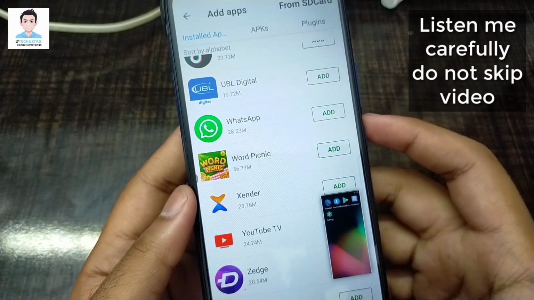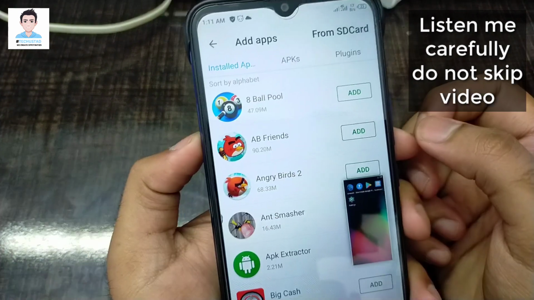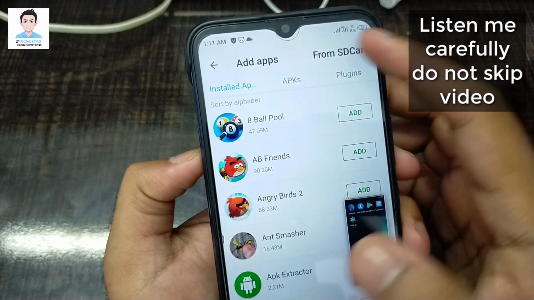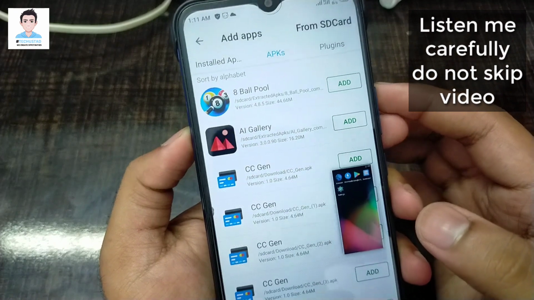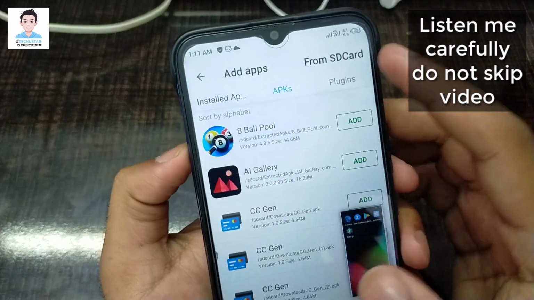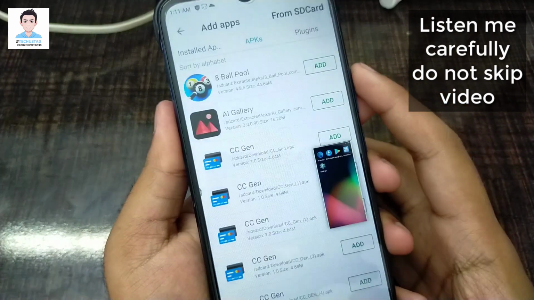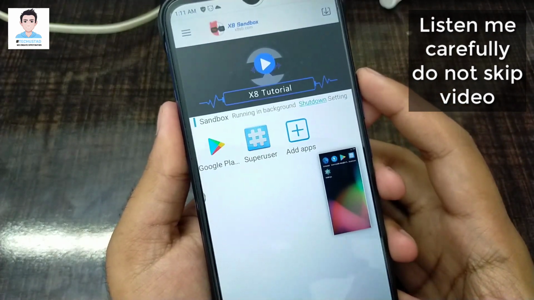By clicking on the add button, application will be imported to my virtual Android system. Also you can import the APK files which are available on your internal storage, and also you can import things from your micro SD card.